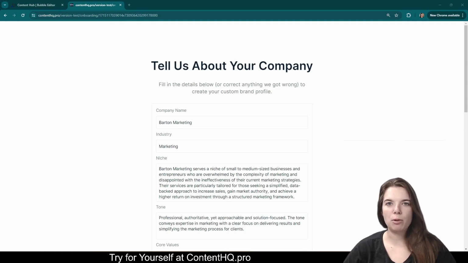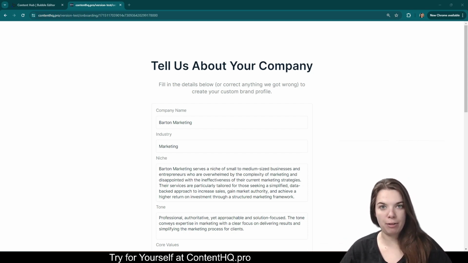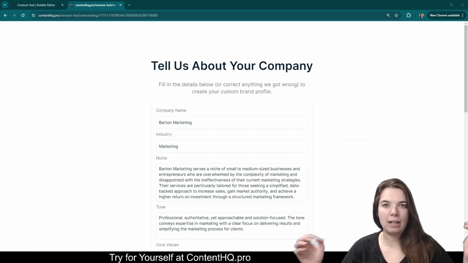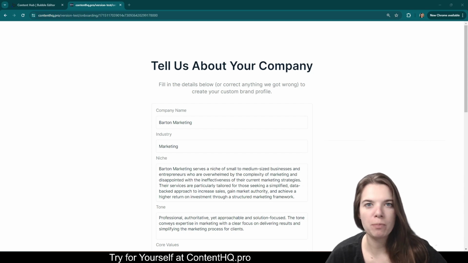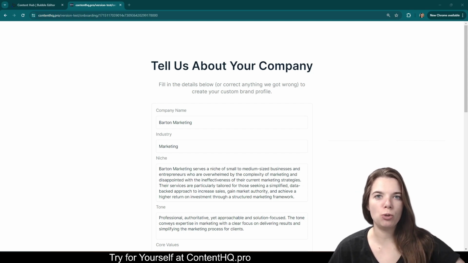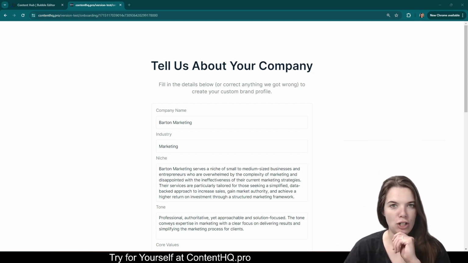Right, so I thought I would take everyone on a tour of the front end of my platform and then the back end of everything. And then from there, we will dive even deeper into some of the tricks and tips I've learned when creating the specific different features. So when someone comes to Content Hub or ContentHQ.pro, they can enter in their website, and